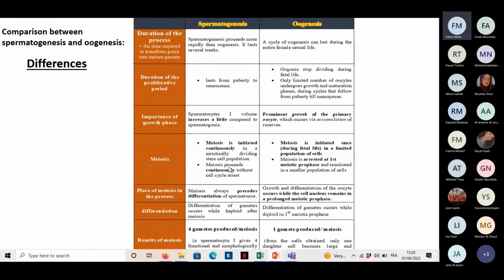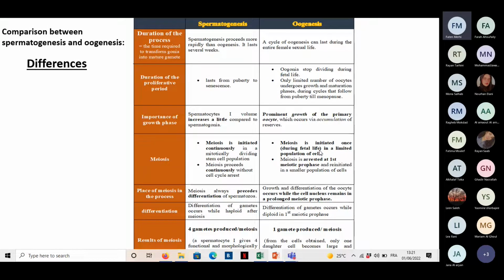Also, when the meiosis happens in the primary and secondary spermatocytes, it is not arrested. It's not arrested at the diplotene stage like in the female, and it's not arrested at metaphase 2 like in the secondary oocytes. So there is no cell cycle arrest during the meiosis in spermatogenesis. However, during oogenesis, the meiosis is initiated once during the lifetime, and it is initiated